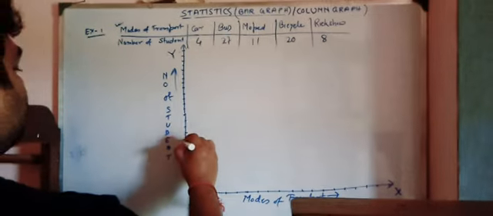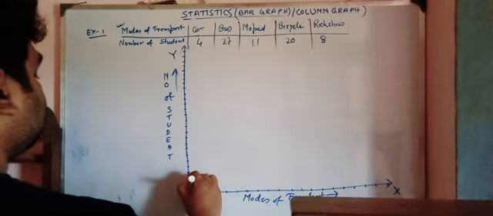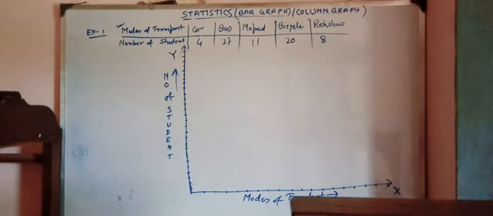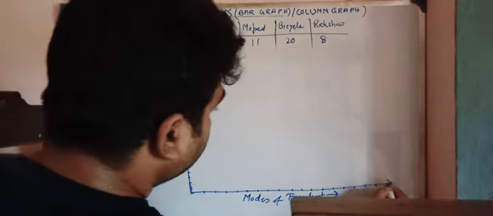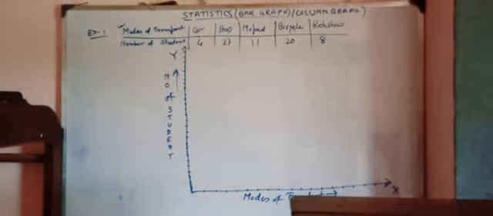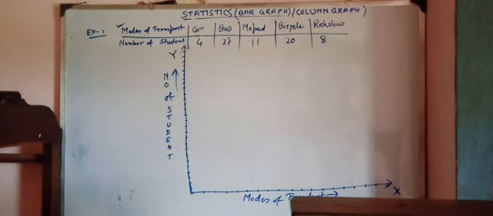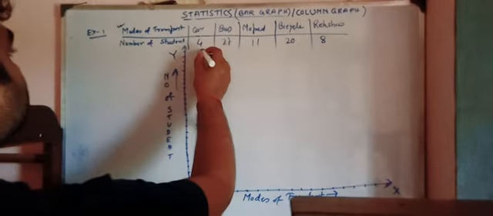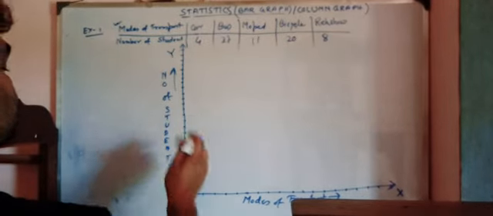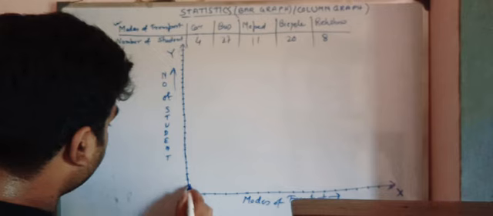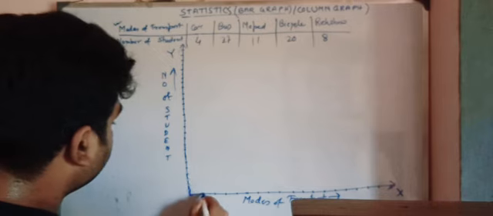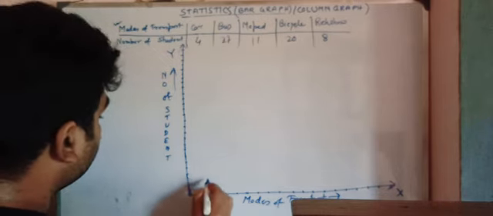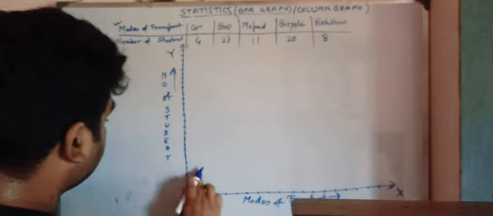This is not my proper drawing. I am drawing it just for understanding. Hope you are able to see it. Now first we have to take car. From car we have to start from this. Now the number of students will be 4, that is 1, 2, 3, 4. Now if we take this bar as car, we should start a little away from here.